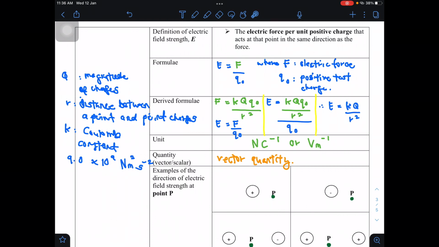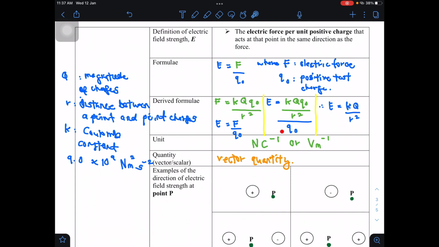Now let's look at the derived formula. As we learned before in subtopic 1.1, we have the electric force F equals kQ Q naught over r squared. And we know that E equals F per Q naught. We substitute the F into the equation of E, so you are going to get E equals kQ Q naught over r squared